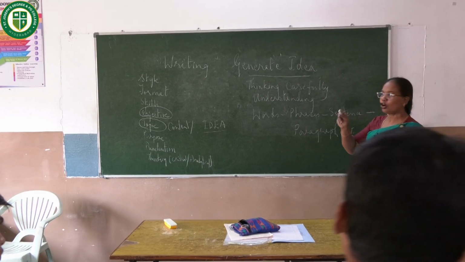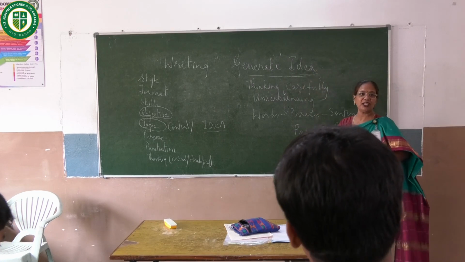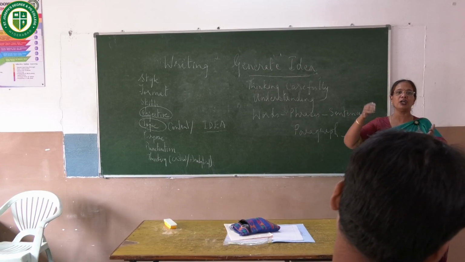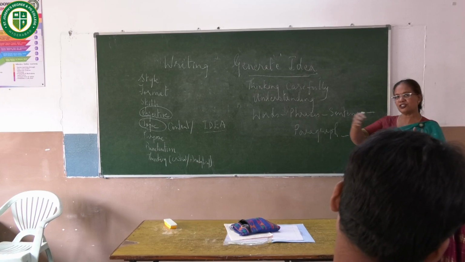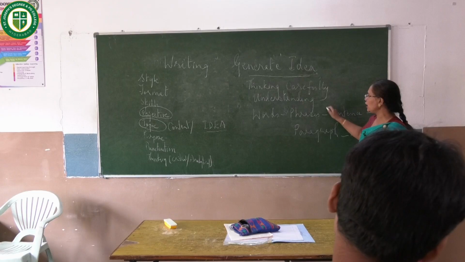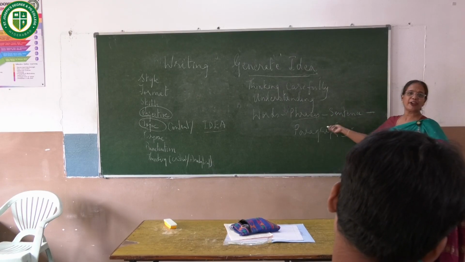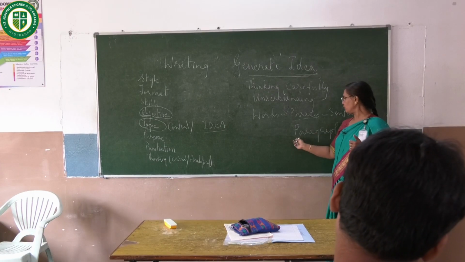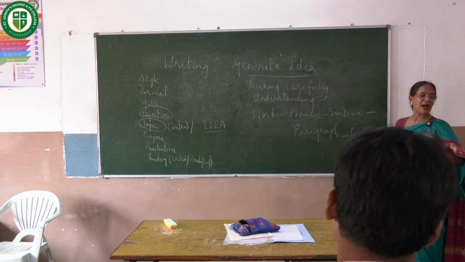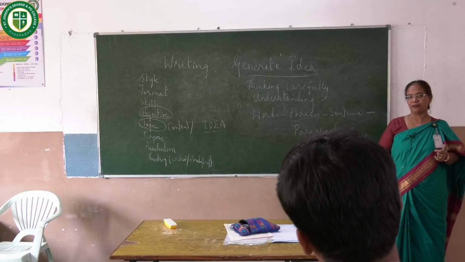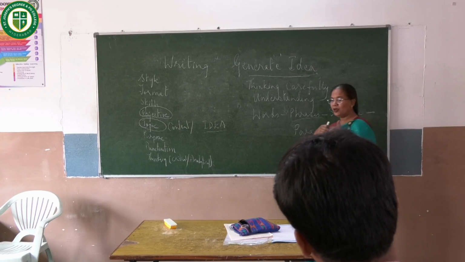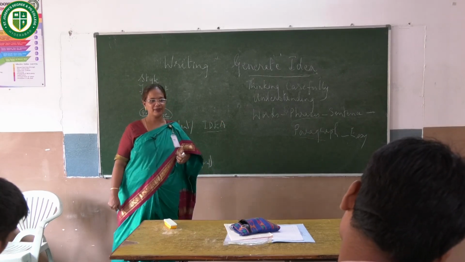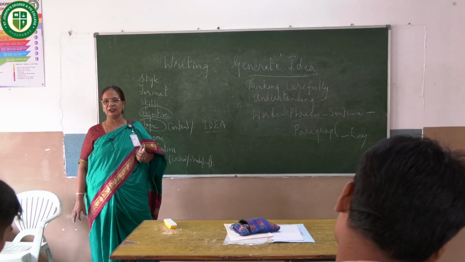So it is all got to do with something called generating your ideas. So once you generate your ideas, it is all in words. So you put those words together, you connect it in something called phrases, and then from phrases you move to something called sentences. From sentences you move to something called paragraph, and from this paragraph you move to something called essay. Now paragraph also, how is it worded? Or what is the structure of a paragraph? What is the structure of a paragraph? Any idea?